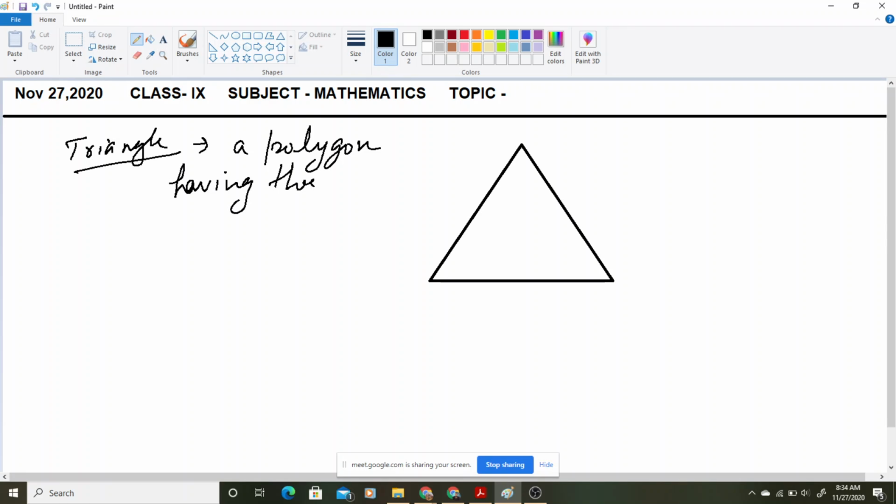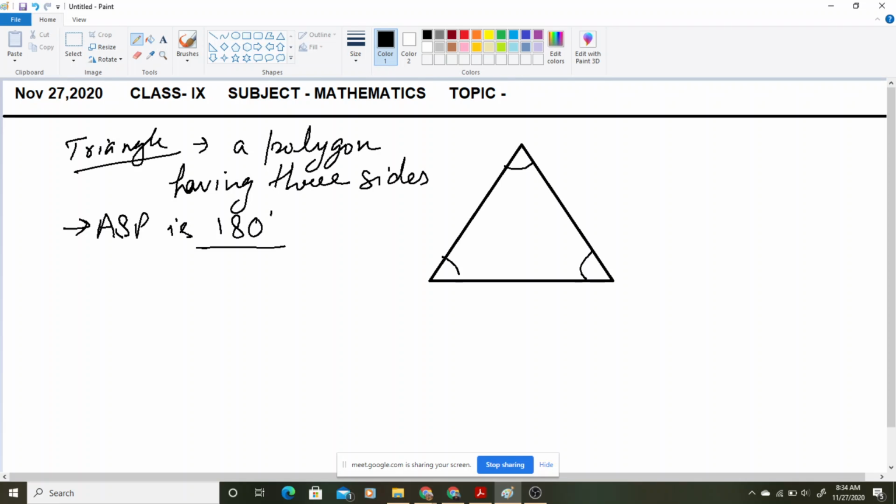Okay, this thing you know about a triangle. तुम लोगों को अच्छे से पता है triangle के बारे में. Then second thing you know is that it is having the sum of all its angles. इसके तीनों angles का sum जो होता है 180 होता है. That means angle sum property is 180. Okay, that it is having the sum of all angles is 180 degree.